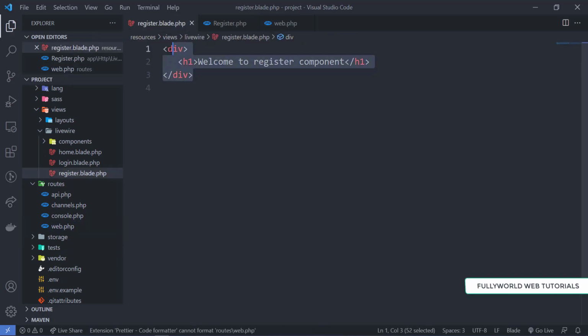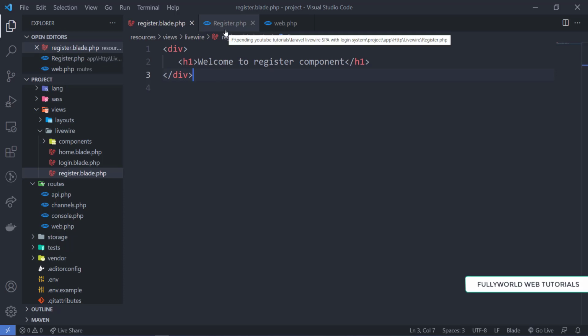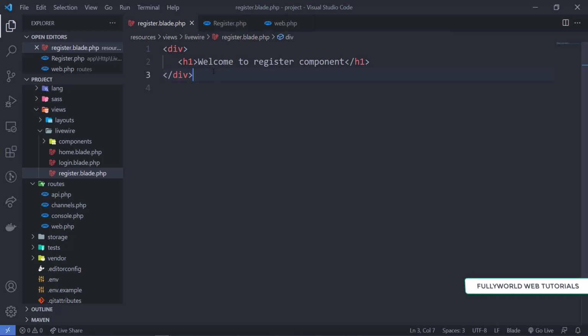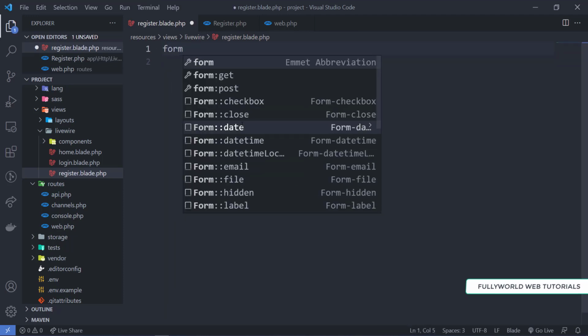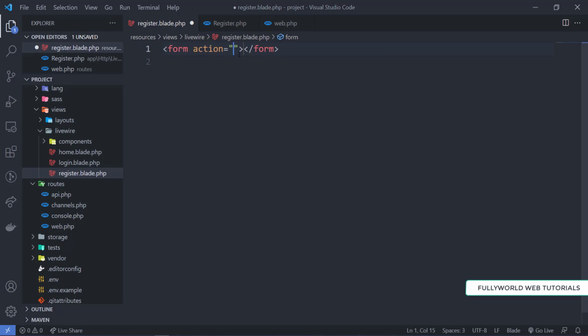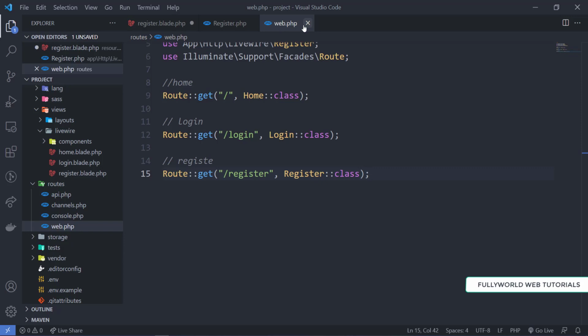Now let's go further. First we will create the form, and without refreshing the page we will handle it, and this facility is provided by Livewire only. So let's see how to write the form and how to handle it. The form will not have any post request, so we don't need web.php because we are working with Livewire.